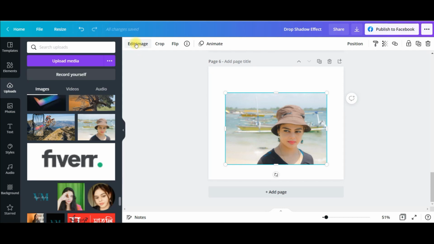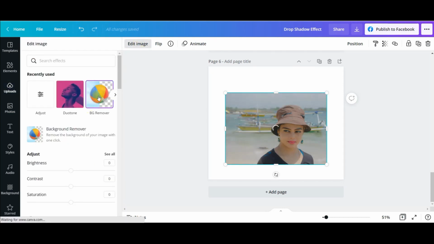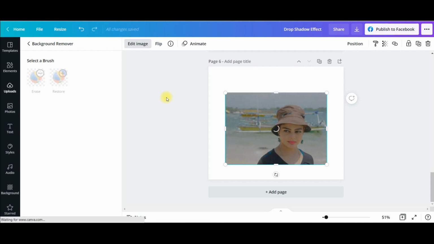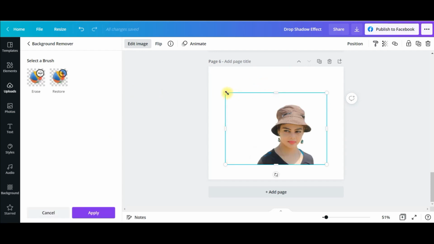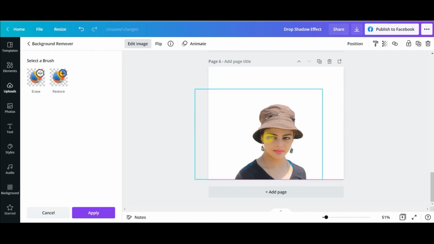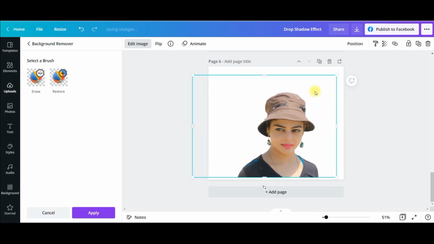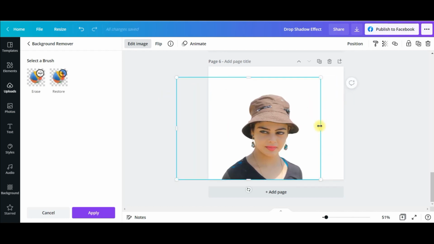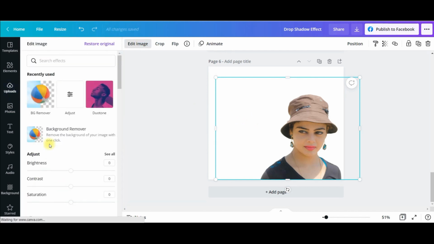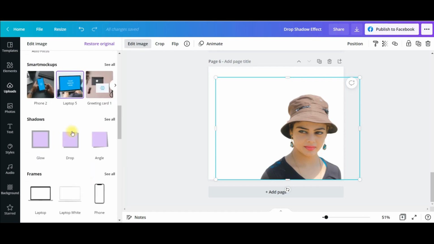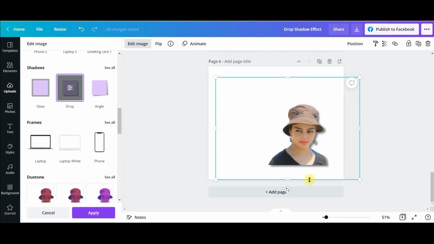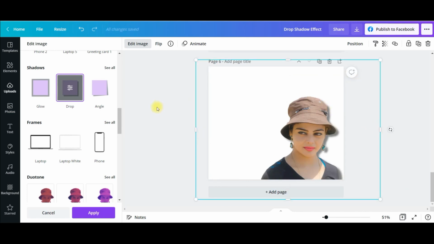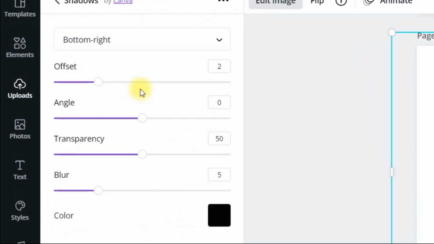I have taken it. I will go to edit image, background remover. This is a pro feature which comes with the pro version of Canva, and this is a very useful feature which very often we use. So it's worthy to take Canva pro version because it makes your life much easier. So I've taken this. Now what you should do is edit image once again, and then I'll go to drop. Now I'll have to make it a little larger. I will crop it. Now after clicking on the drop, I am supposed to go to these options.